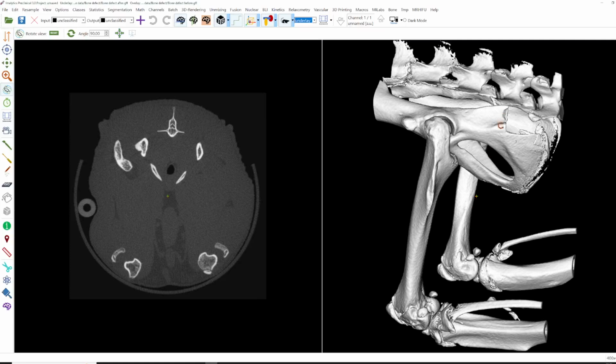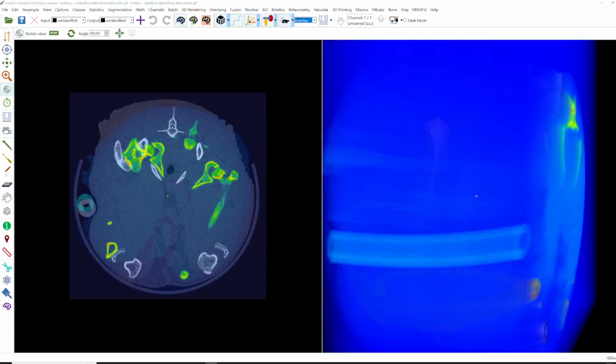And what we have here is the left rat hip, and a piece of this left hip of the rat was cut out or removed to use it as material for bone remodeling. And this one is the scan after surgery, and we also have the one scan before surgery as overlay. Let me adjust the windowing a little bit.